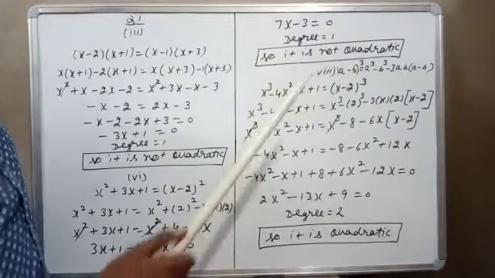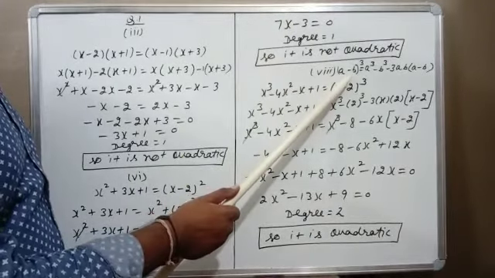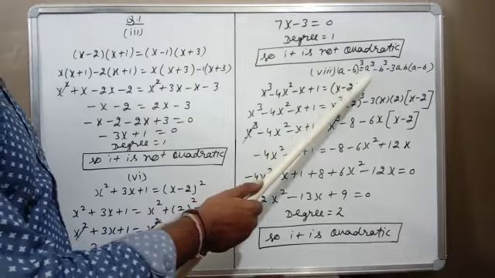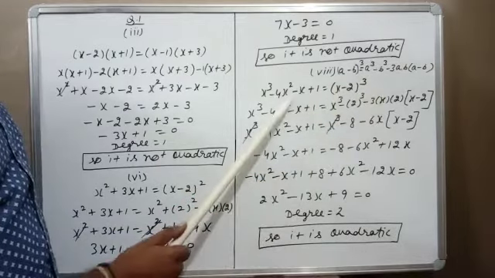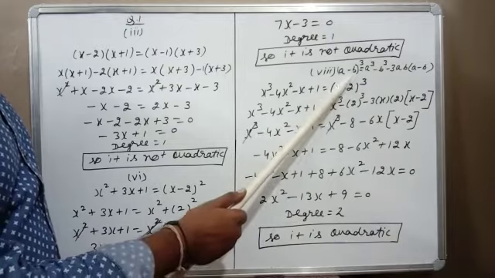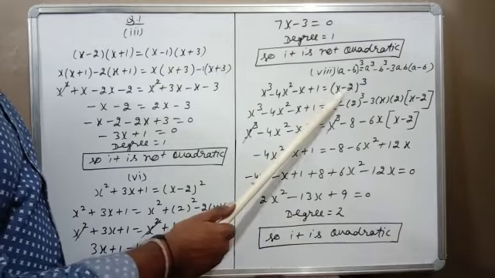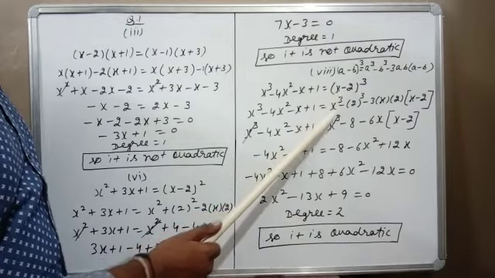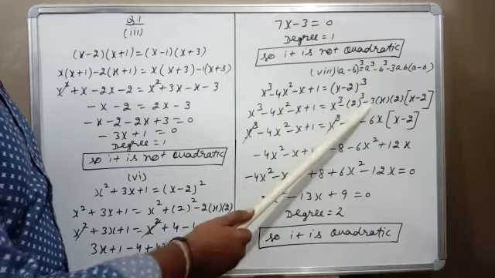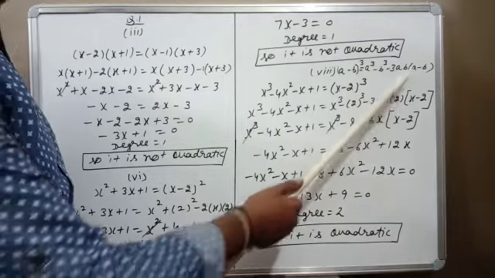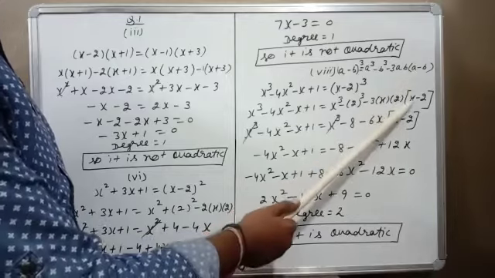So 8th part. Here you should remember this formula a minus b cube. This is a cube minus b cube minus 3ab bracket a minus b. So this value will remain as it is. Here we will apply this formula. So a is x and b is 2. So first x cube minus b cube means 2 cube. Then minus 3ab, so minus 3 into x into 2 bracket a minus b, so bracket x minus 2.